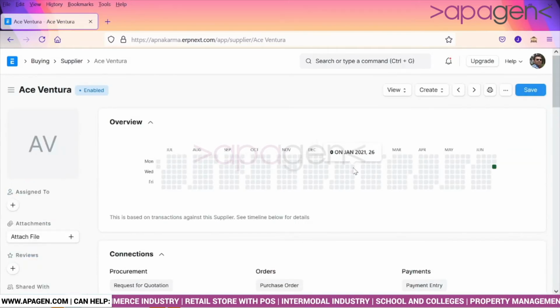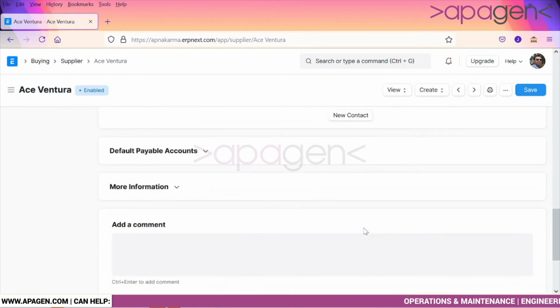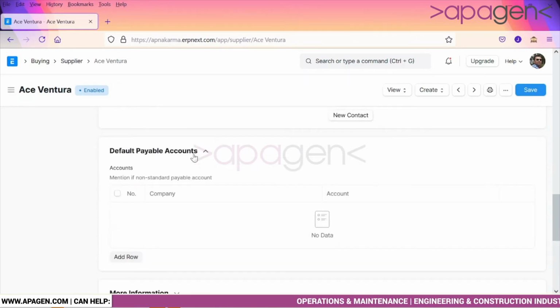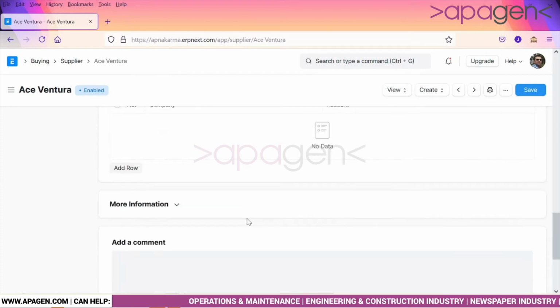Apart from this, there is information related to default payable accounts. We will look into these details once we go into the accounting section.